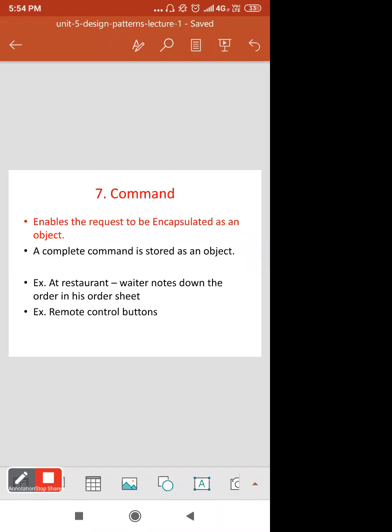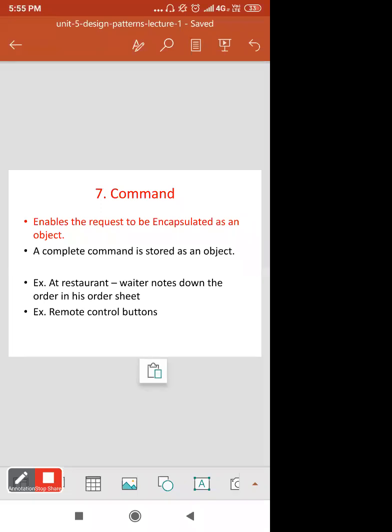You give some command and that will get fulfilled. So actually your command is nothing but your object. The example is given here. At a restaurant, the waiter notes down the order in his order sheet. So all this order given is nothing but your command.